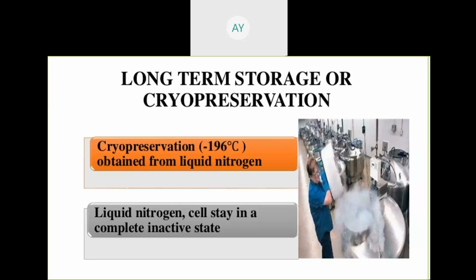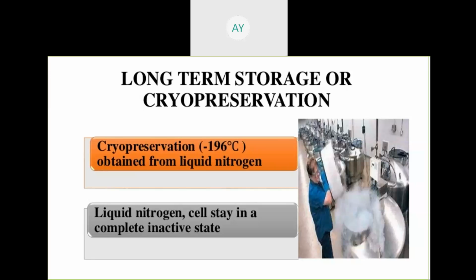So to prevent such type of harm due to formation of ice crystal, we add what, cryoprotectant chemical. What is the name of the cryoprotectant chemical? Dimethyl sulfoxide, that is dimethyl sulfoxide. So you try to know that is dimethyl sulfoxide. So these are the chemicals that prevent the formation of ice crystal. Second, that is mannitol, that is sorbitol. So you can use any chemical, that is glycerol. So you can use any chemical so that it will not